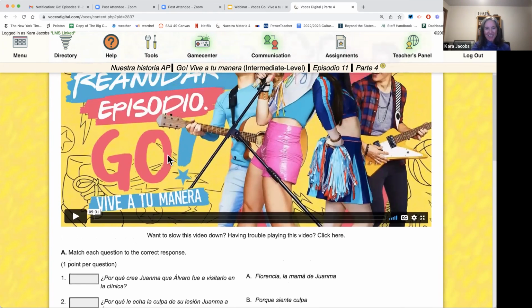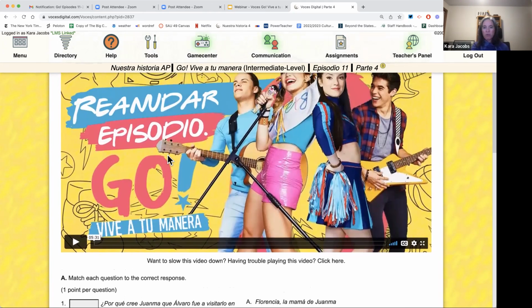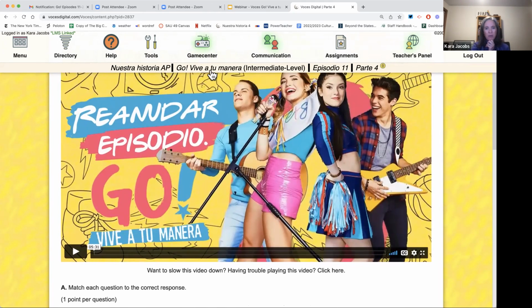So another thing that both of you said that you've been in here and seen them and used them. One thing that we like to share when we talk about using this and using any show in the language classroom is that we show movies and different things that are audio. Sometimes we have the English subtitles, but for this, we only have the Spanish subtitles. They can slow it down, but there are only the Spanish subtitles.